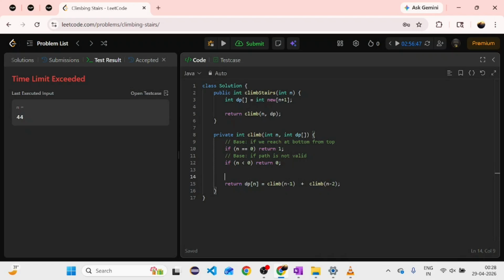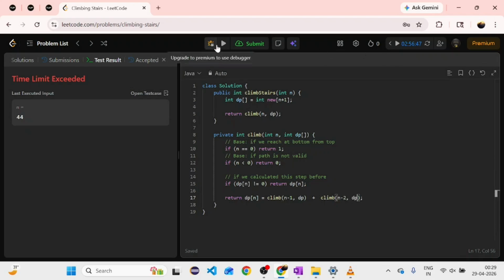Then I will check whether we calculated this step before. If it is not equal to 0, then simply return that answer. Why would we recalculate the same step again? I hope that it works.